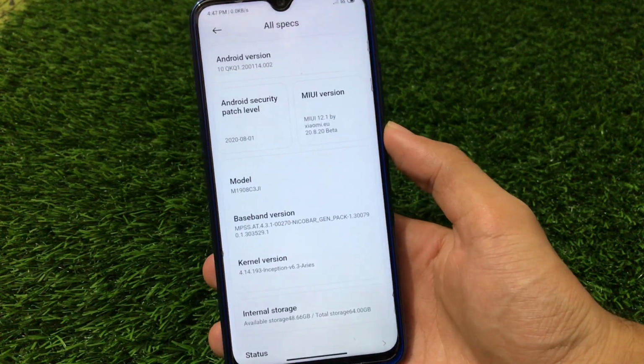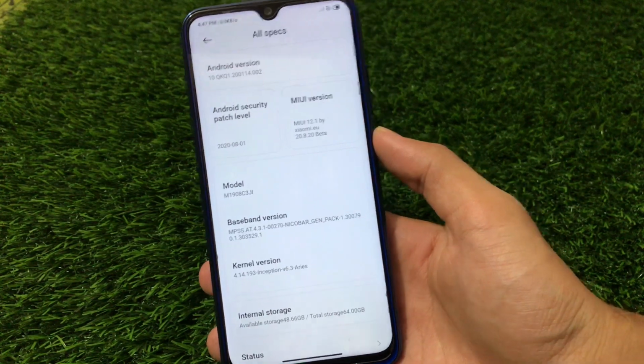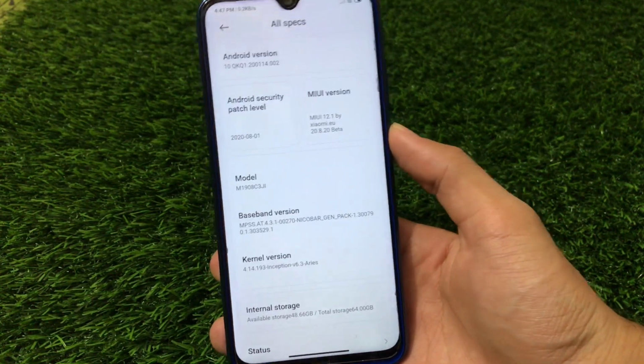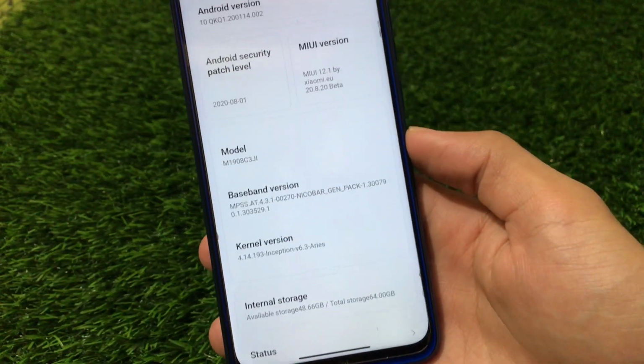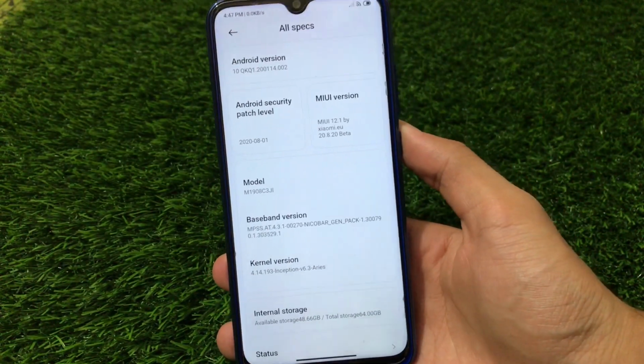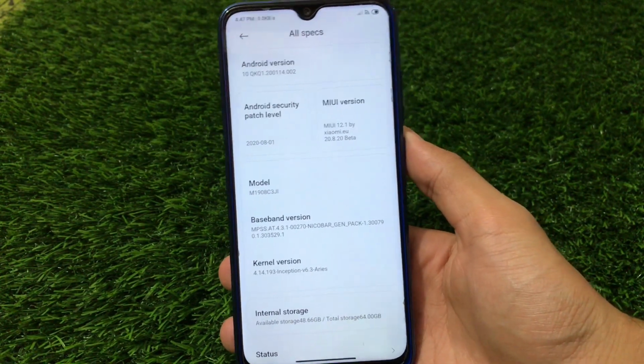If you have watched my previous video some time ago, I made a video on how you can enable the 68Hz refresh rate on your Redmi Note 8. Now I am back with another video in which you have installed Inception kernel and enabled the 68Hz display rate, but now you want to go back to 60Hz display. How can you do that?